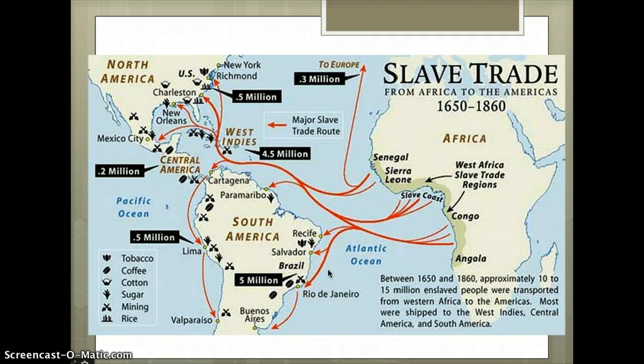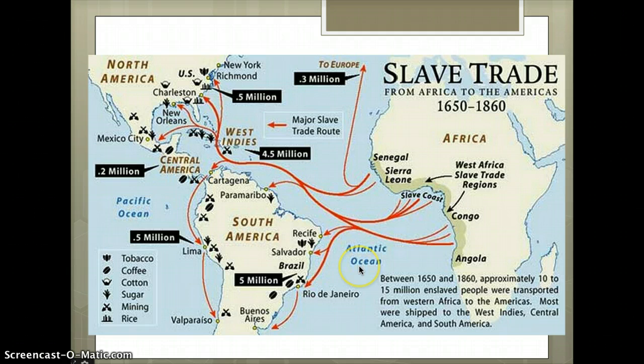Because the sugar and coffee, these are labor intensive goods, right? These are crops that take a lot of manpower. There's no machines, you have to do this by hand, and they needed a lot of people because by this point sugar was no longer a luxury, right? Europeans felt that it was a necessity. And so the hunger for sugar was a driving force behind the slave trade.